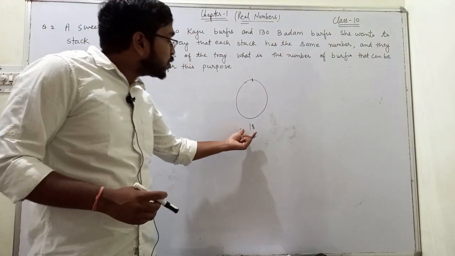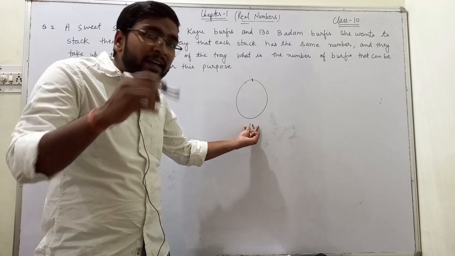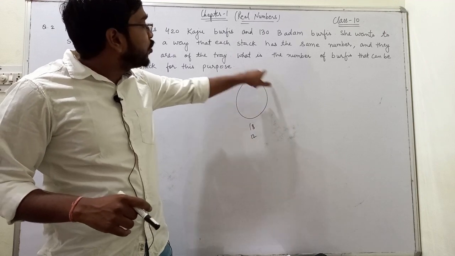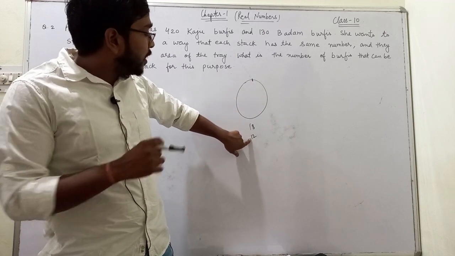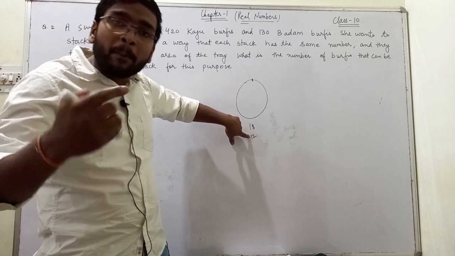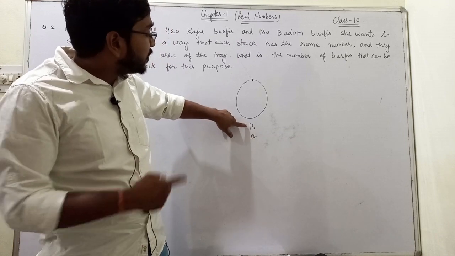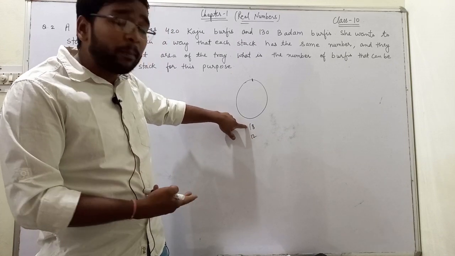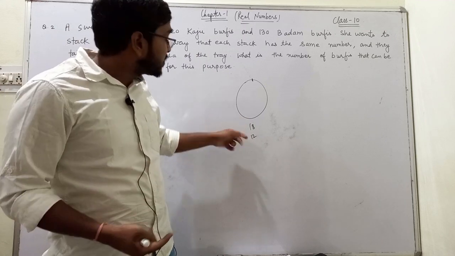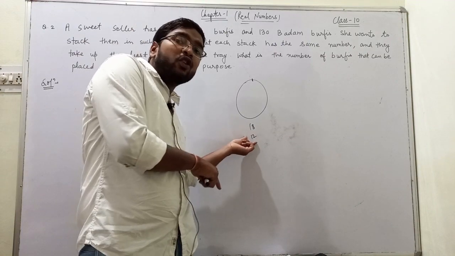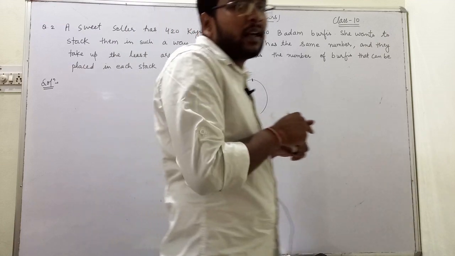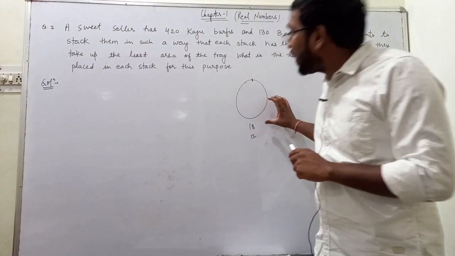But in these problems, we can see clearly that they will not meet after 18 minutes, because after 18 minutes, this one would have completed one revolution, but the other must have completed 3/4 of a revolution. It will take 24 minutes for him to complete 2 revolutions, and for the first to complete only 1 revolution. But after 36 minutes, this one would have completed 3 revolutions and that one 2 revolutions. So they will both meet after 36 minutes. So in these cases, we find the LCM.